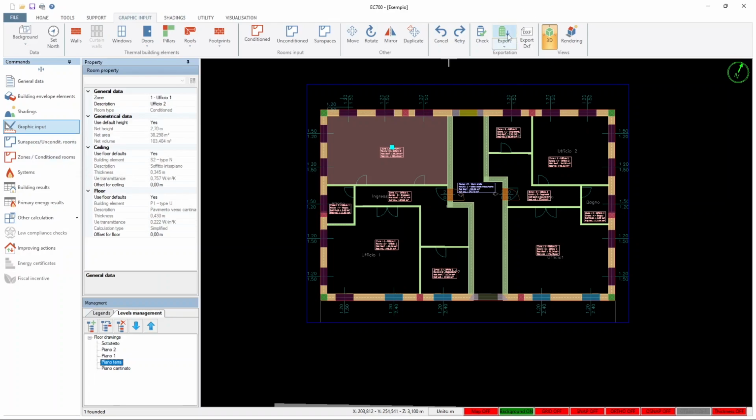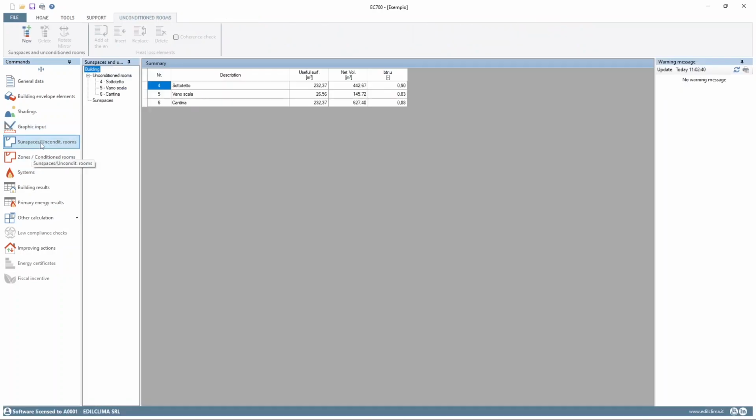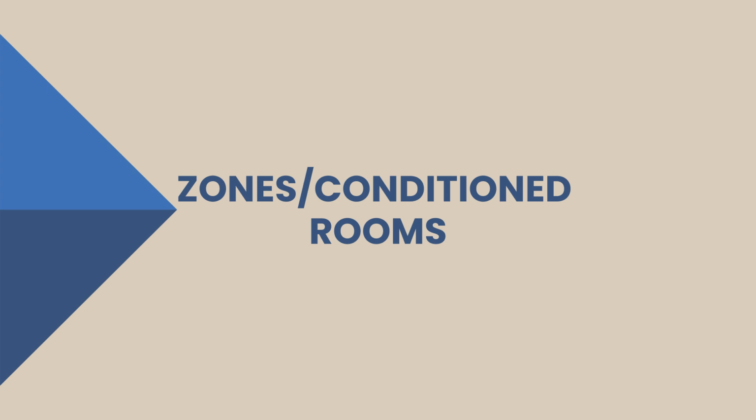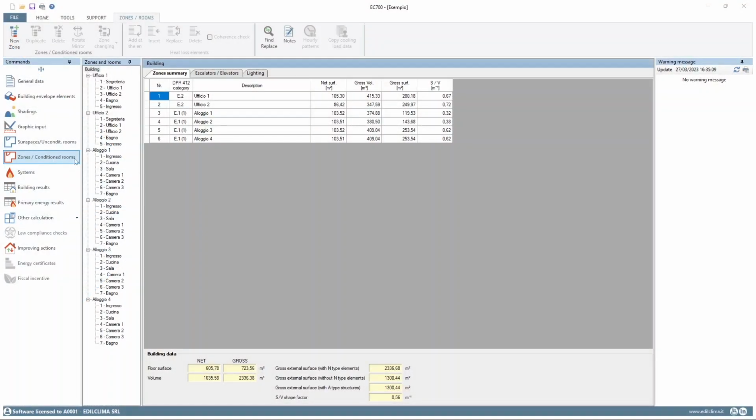After you exported all the information on your building, we can go to the following commands. Here in the subspaces and air condition room, if you define an analytic definition of the air condition space, you can define all the information for the air condition rooms you have. In the zone condition room section, you will be able to see all the zones and rooms you defined in the graphic input. So here, in this section, zones and rooms,